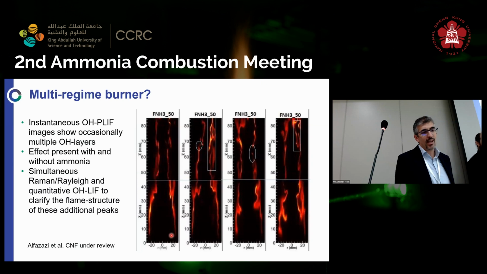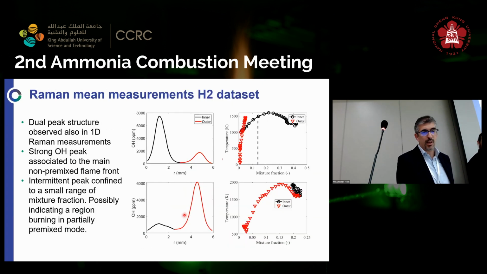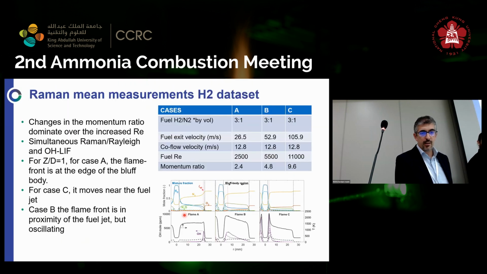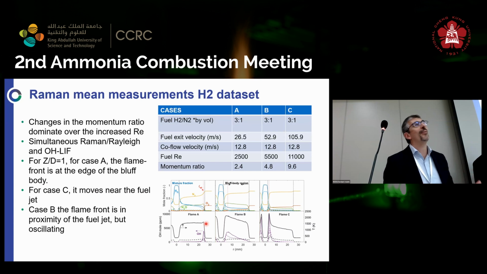Now if we change the velocity of the inner jet compared to the outer jet, and this is what we did for the hydrogen case, the flame front shifts from the edge of the burner, where you see the OH layer here at the edge of the bluff body, all the way to the center jet. So in the configuration of flame C, the Reynolds number is a little bit more meaningful, because that's where the flame front is actually stabilized. Here I expect a very low velocity, and unfortunately I don't have the velocity field. It would be nice to do it. We don't have it, but